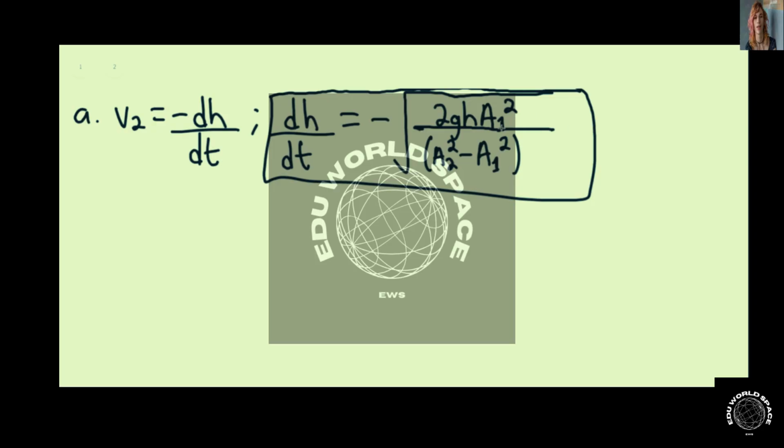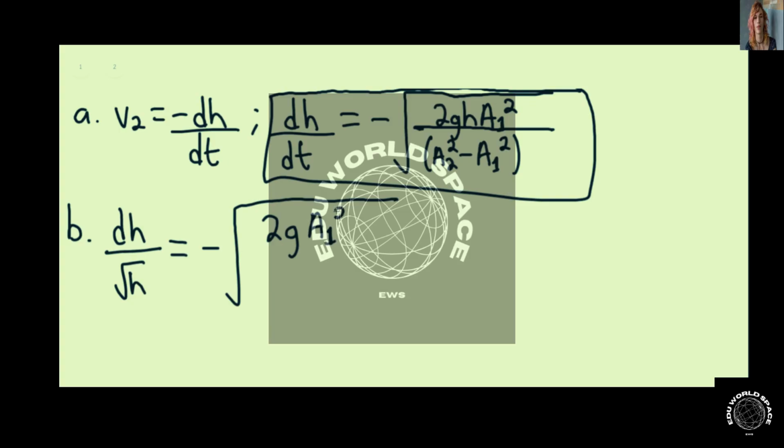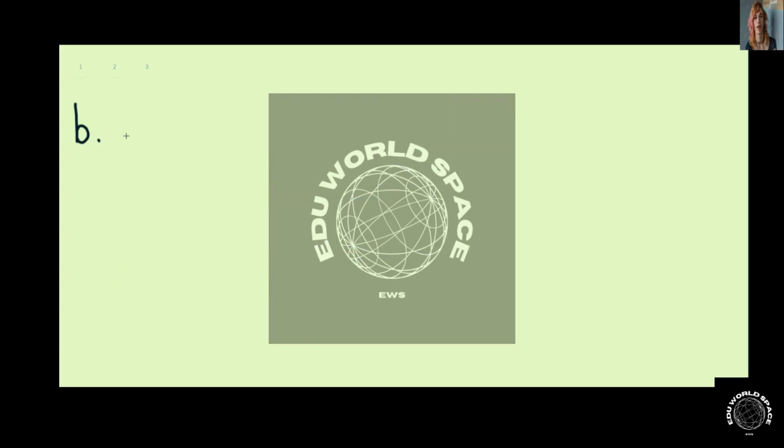And we can then, for part B, integrate to find the height as a function of time. And so we can say dh over radical h is going to be equaling the negative square root of 2g a sub 1 squared divided by a sub 2 squared minus a sub 1 squared, and then this would be multiplied by dt. And so when we integrate for part B, we're integrating from the initial height h naught to